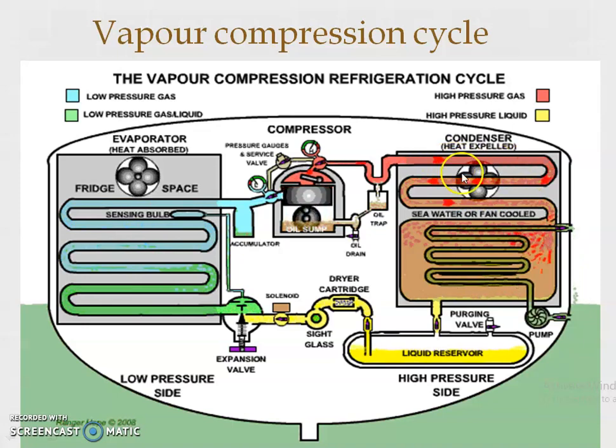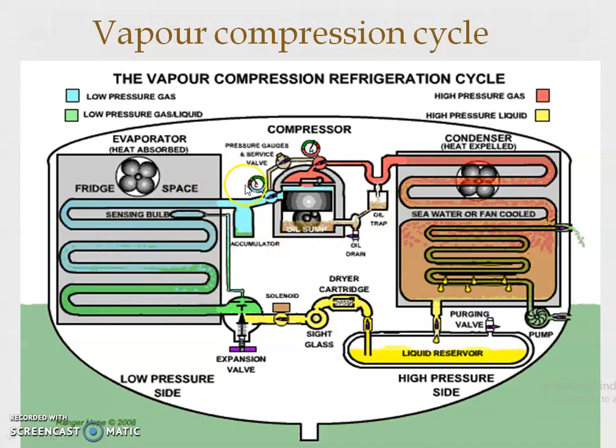From the condenser, the high pressure liquid goes to the liquid receiver tank. From that receiver tank, the liquid goes to the thermostatic expansion valve. From the thermostatic expansion valve, the low pressure liquid enters the evaporator section. From the evaporator section, we get the chilling effect for household purposes, in the refrigerator or freezer or in your room surroundings. We get the chilling effect from that evaporator.